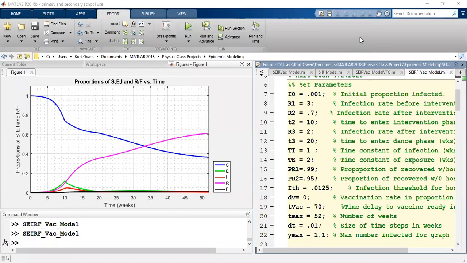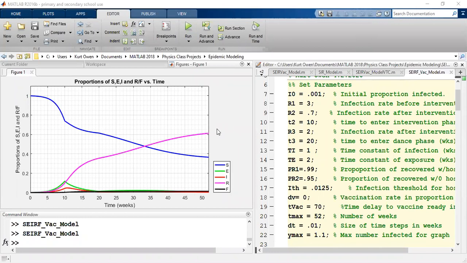I'll leave it to you to research and come up with some hard numbers to work with, but I want to at least get us in the ballpark. So I'm going to switch over to MATLAB here. Okay, and here's where we left off, with the parameters that are given to the right in the code and the graph that was produced from those parameters.